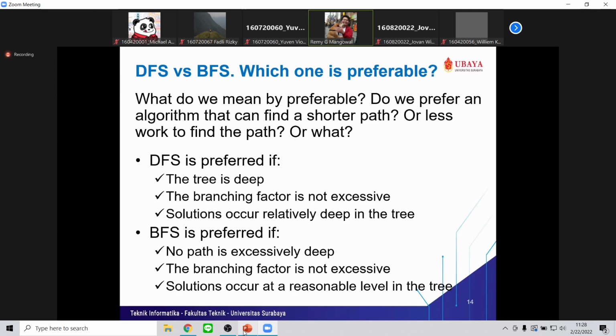DFS is preferred if the tree is deep, the branching factor is not excessive, and solutions occur relatively deep in the tree. Say you have a tree like this, with only 2 or 3 branches at each level, and this is the goal. If you use BFS, you will have a hard time getting to this goal, because you'll check here, and then here, and then here, until you find it.